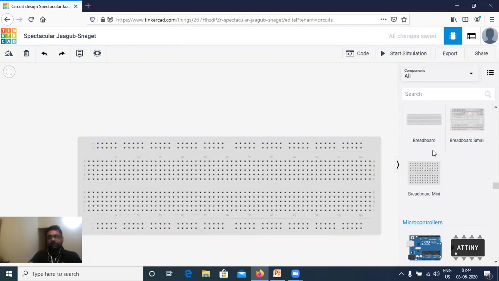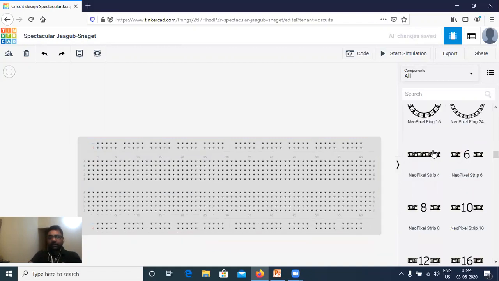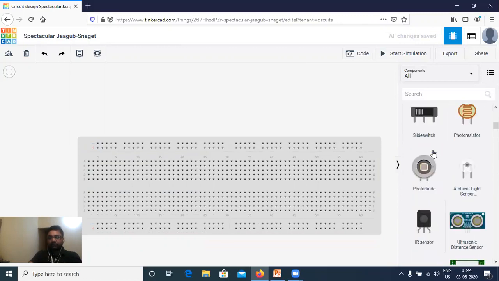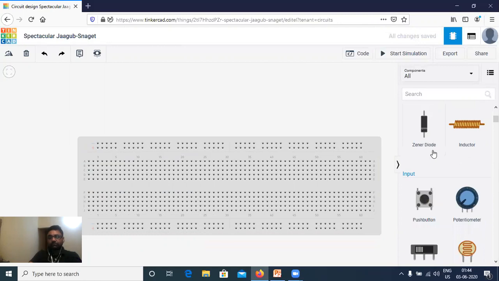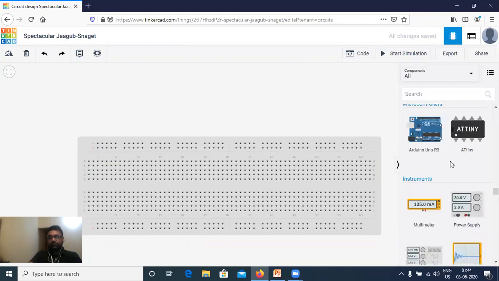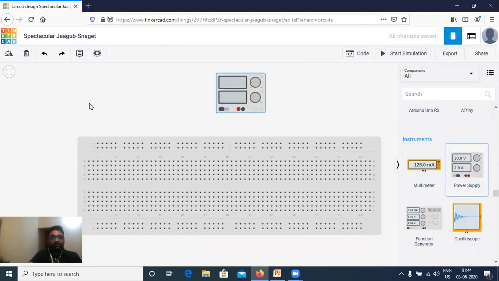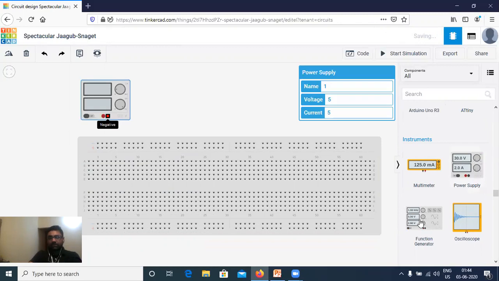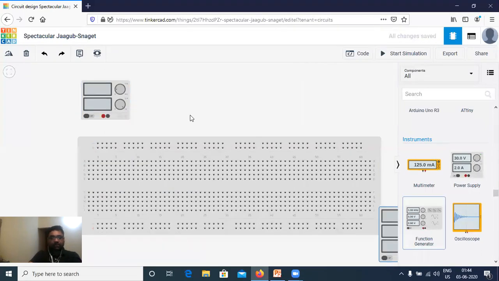As it is a synchronous circuit, you know what all things are required: a power supply and a function generator. A power supply is required for VCC and ground, and a function generator is required for the clock.